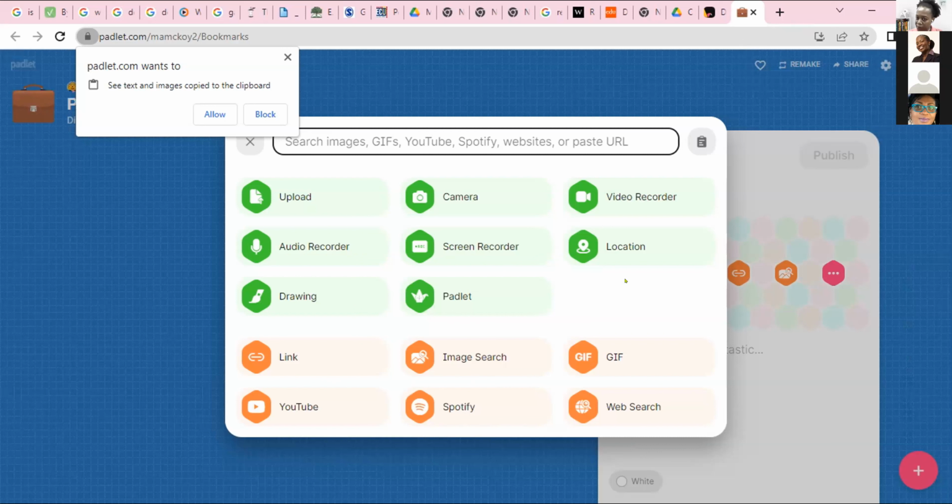You can insert another Padlet. Unless you have a Padlet account where you have other Padlets, you probably don't want to insert another Padlet at this point. So right now, I want you to upload a file,